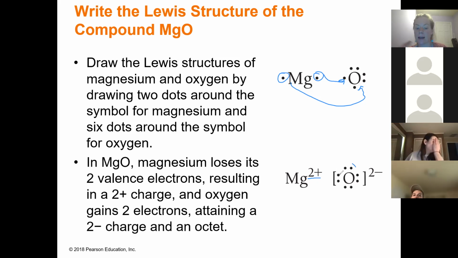So both of these are satisfying their octet. This has a 2+ charge, this has a 2- charge. They come together and form MgO. Again, really a lot of work to just be able to go Mg is a 2+, O is a 2-, flip-flop. We get Mg2O2, which reduces down to MgO. Last one,